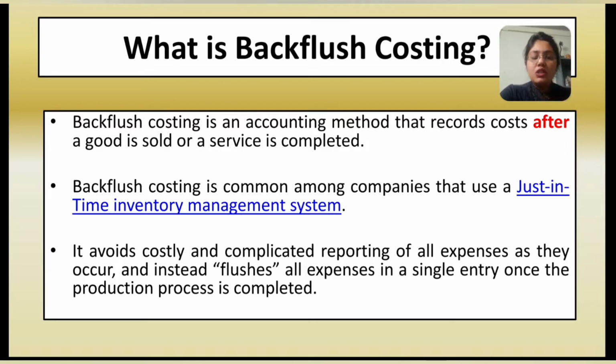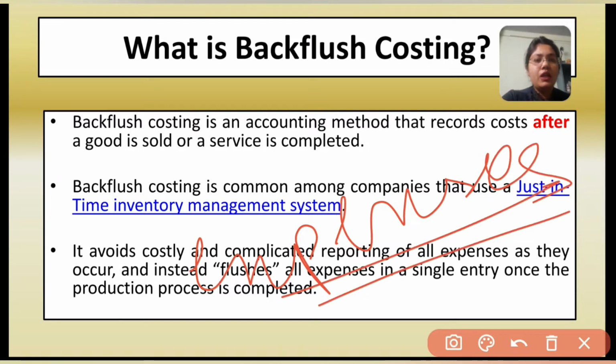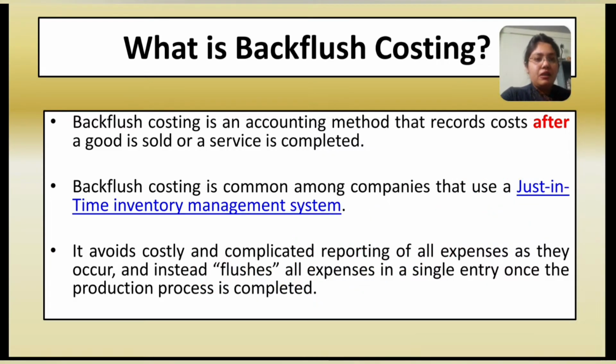See, in traditional costing, what do we do? Whenever the company incurs any expense, say on the production of any product or service, we record it in the books of accounts, right? We do so immediately. For example, suppose I have to make a pen. For the pen, we need so much raw material, we need labor, and then we need overhead expenses. So whenever I purchase the raw material, I will record it in my books. And whenever there are any overheads, say labor, I pay wages, so I record it in my